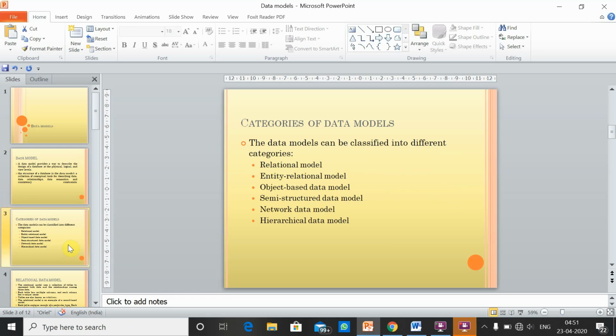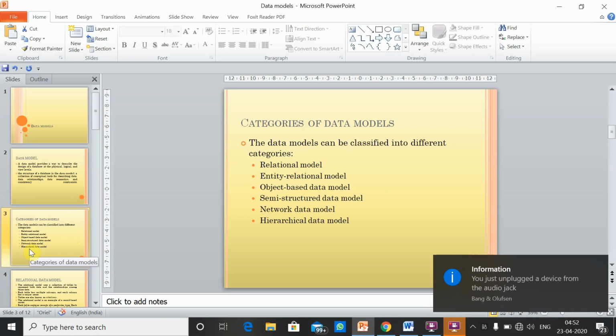There are different categories of database models. We'll see one by one what they are. One is the relational model, then the entity relationship model, object-based data model, semi-structured data model, network data model, and hierarchical data model. Now we look one by one at what these data models are.